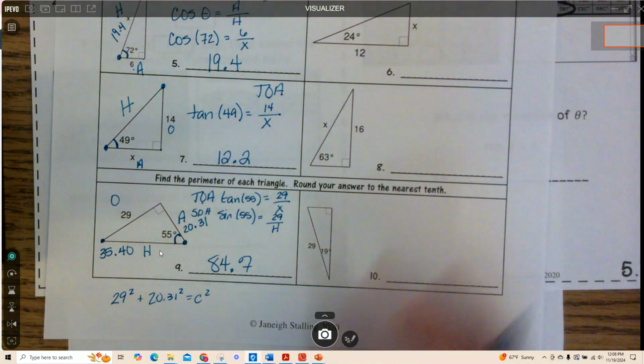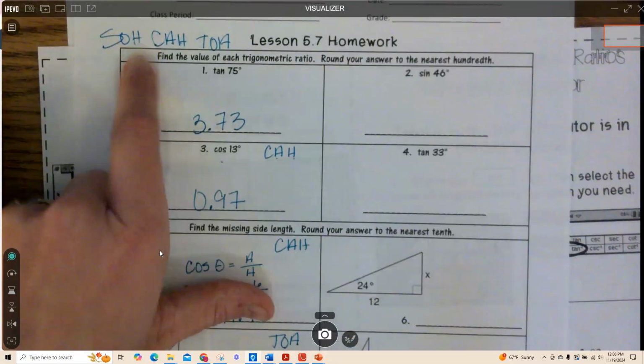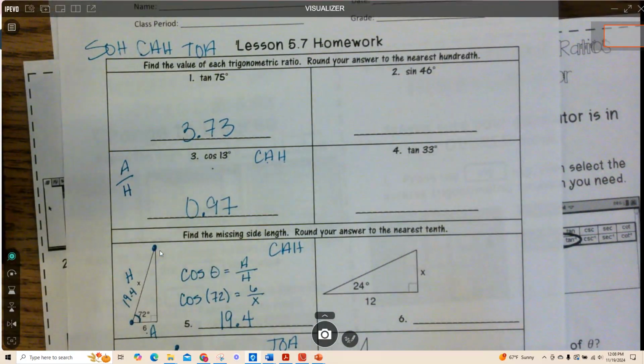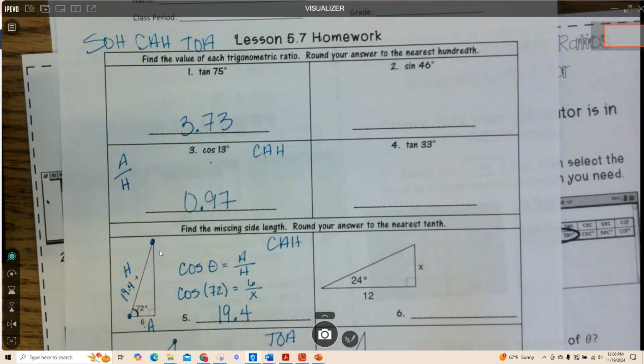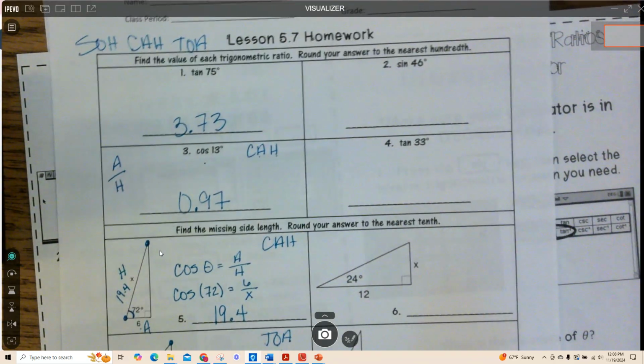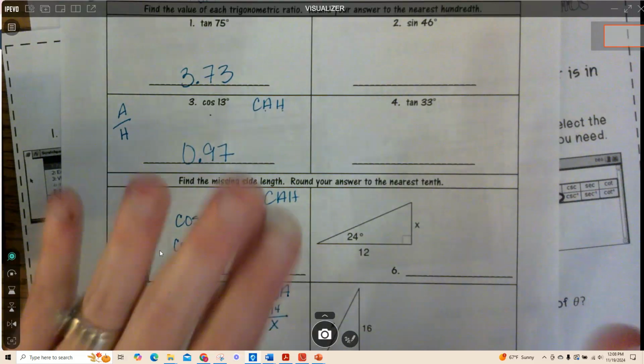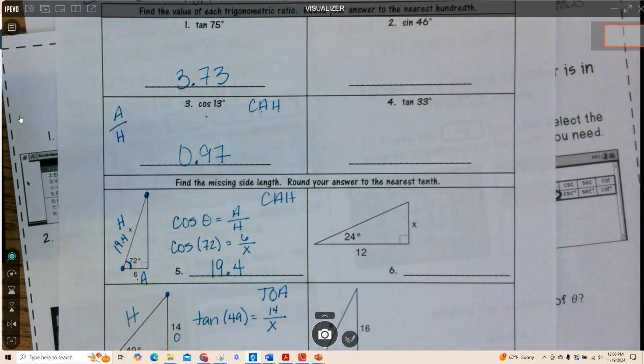Okay, take your time, go slow, use the trig ratios. You start getting twisted, you ask, you let me help you. Okay, because it's really easy to start labeling the sides wrong and all that stuff. Okay, so this is your assignment. First thing that I need you to do